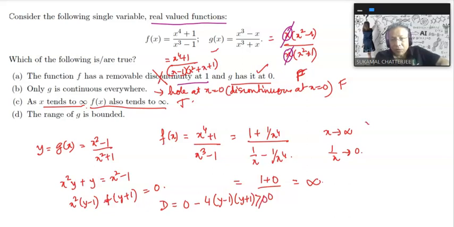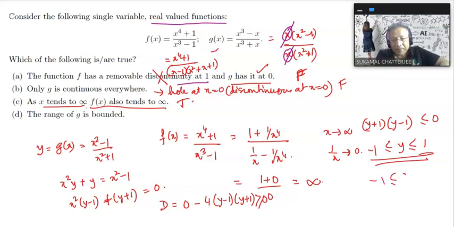So that means (y plus 1) times (y minus 1) has to be less than or equal to 0, or y has to lie between plus 1 and minus 1. So the range of g(x) has to be between minus 1 and plus 1. So that means the statement that the range of G is bounded is a true statement. So the first two are false and the next two are